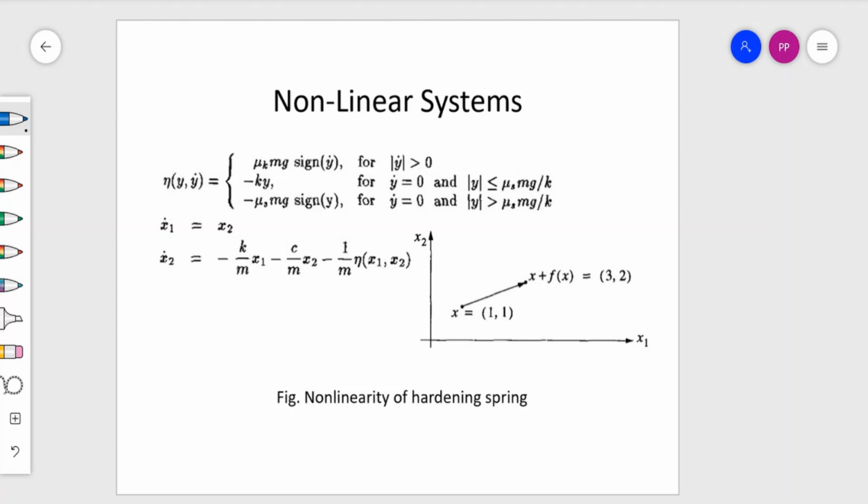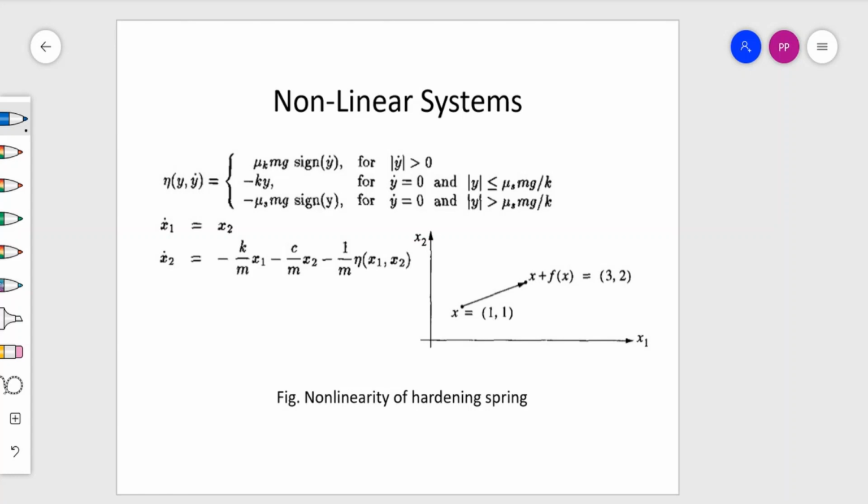On the x-axis you will see in the diagram we have x1, and on the y-axis we have x2. So this x1 and x2 together are tested for different time instants, and the values of the plot are collected, and once you move from one point to another, like here we have shown that x equals 1 1, that is x1 equals 1 and x2 equals 1.